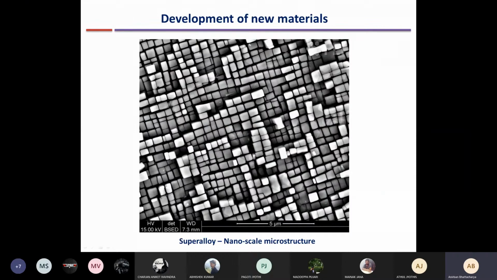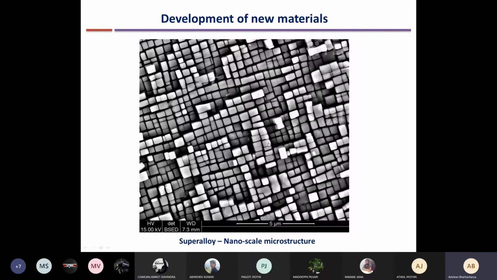So a lot of research is going on in this area to improve the creep resistance. Every company has its own composition which they are guarding, which is very secret. They won't disclose it. For example, Rolls-Royce will have its own super alloy compositions which they are not going to disclose to the public. Similarly, GE also has its own composition.